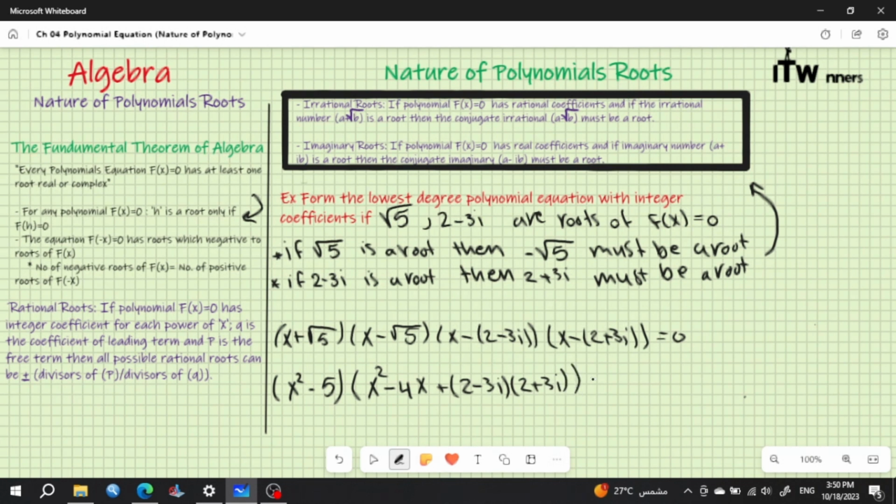Okay, then we have here x square minus 5 into x square minus 4x plus, here we have 4 plus 9 equal to 13. Okay, so we have here